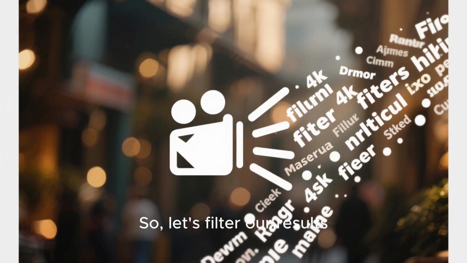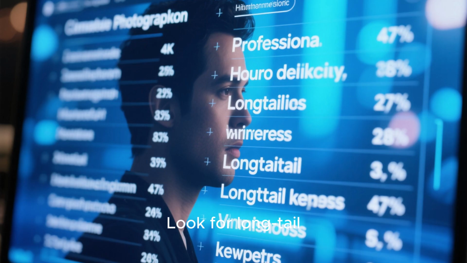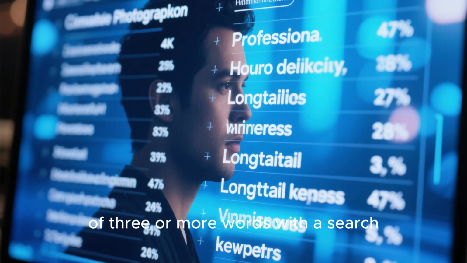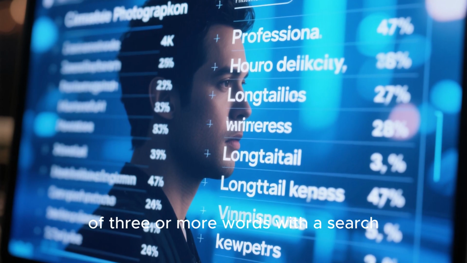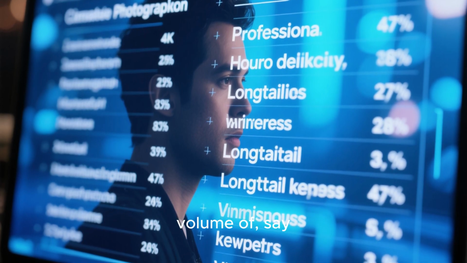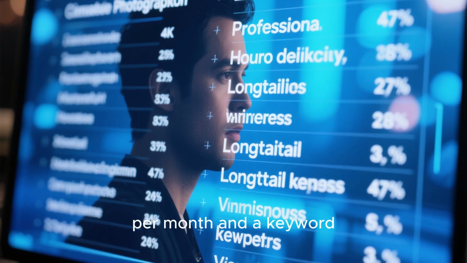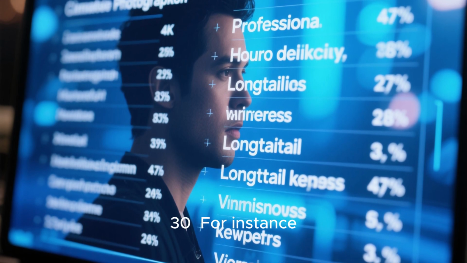So let's filter our results. Look for long-tail keywords, that means phrases of 3 or more words, with a search volume of, say, 100 to 1000 per month and a keyword difficulty score under 30.